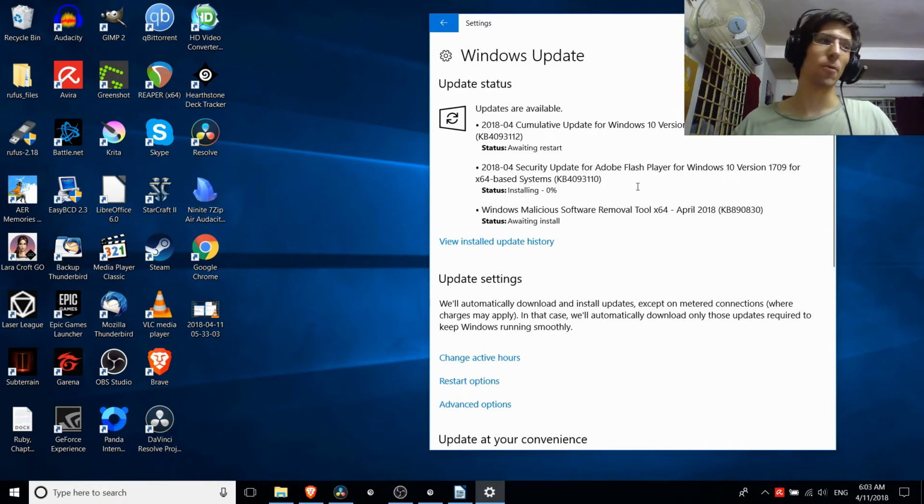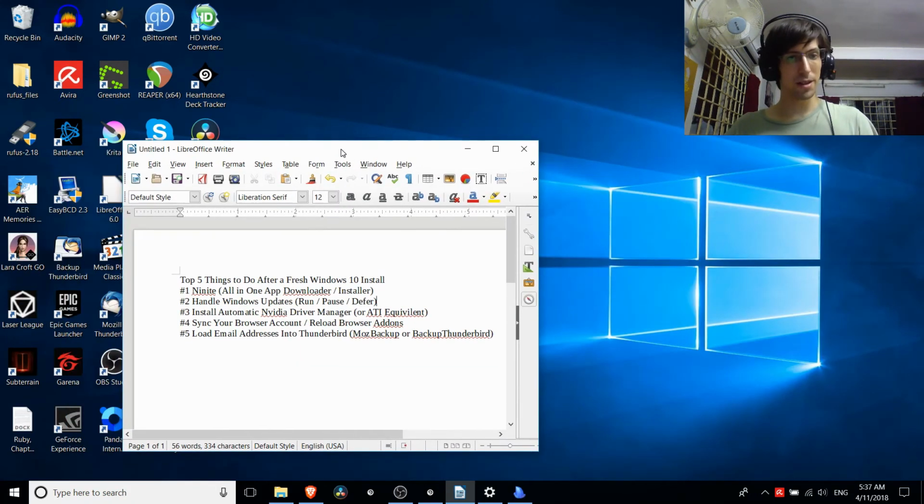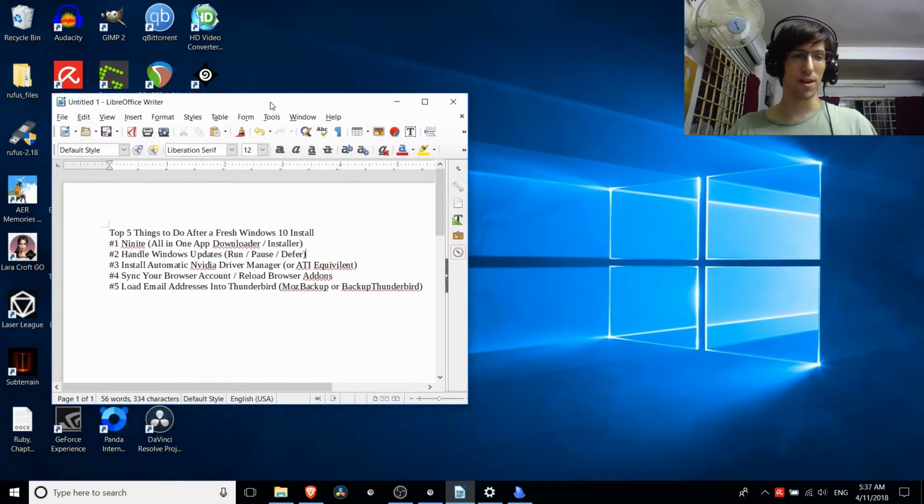But if it's really important that you have your system going for you, probably don't reinstall Windows right before you need to do a major work project. At least have your phone to check emails as a secondary device, something like that, and you should be okay. Okay, so putting that aside, installing your graphics drivers is going to be pretty important,